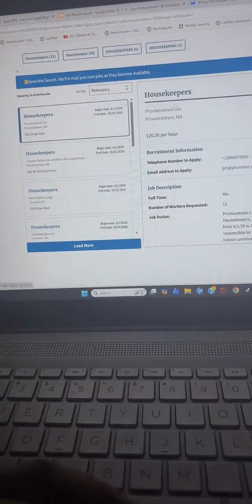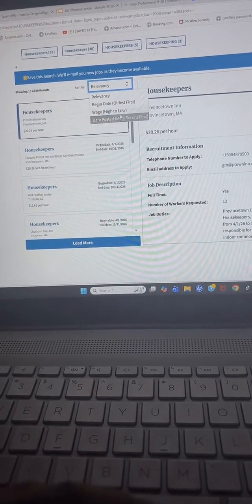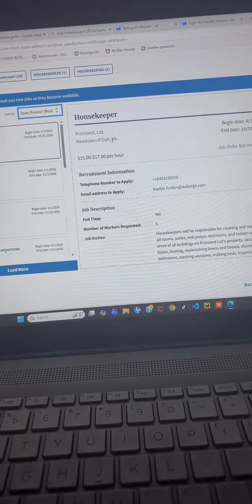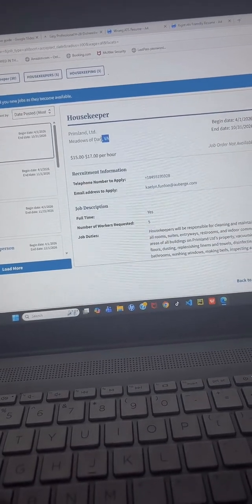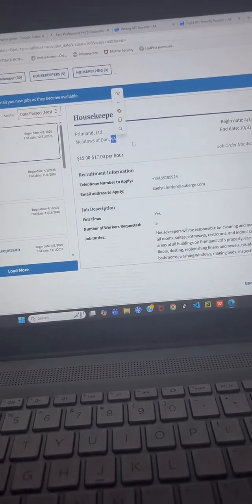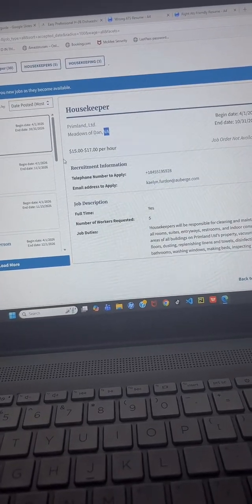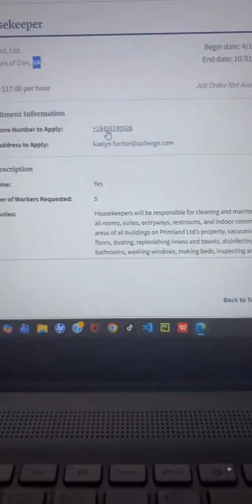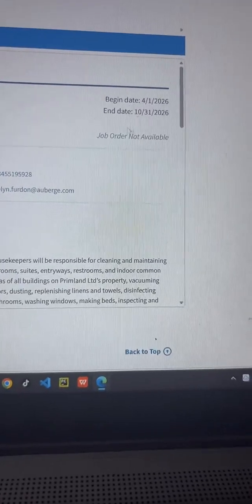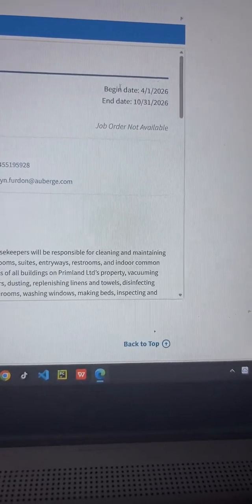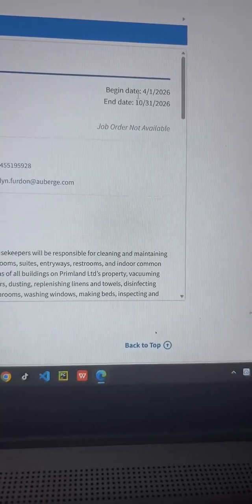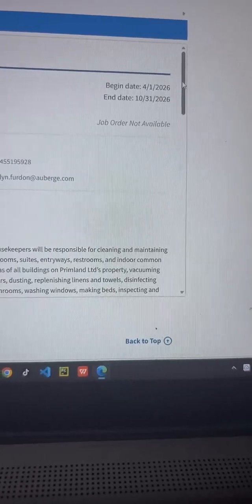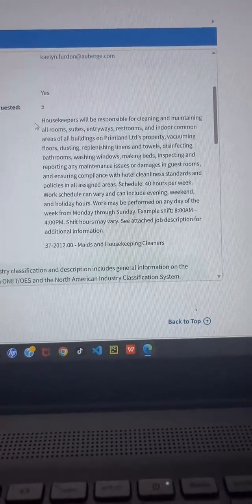So for housekeeping, this is a job position for housekeeping. It's in VA. I don't think that is Vermont or something. I'm not sure which state that is. It's $15 to $17 per hour. That's the email and the telephone number. It begins next month and finishes on October 31st, 2026. You see the duties of the job.